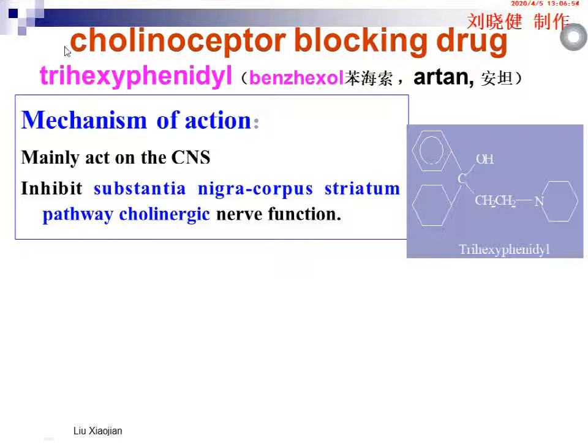So these cholinergic receptor blockers are also effective. But here, it is not atropine. The representative anticholinergic receptor antagonist is atropine. You have studied that. But here, it is not atropine because the problem is in the striatum. Atropine has so many pharmacological effects on peripheral tissue. It induces many adverse effects, different from trihexyphenidyl. This drug is also named